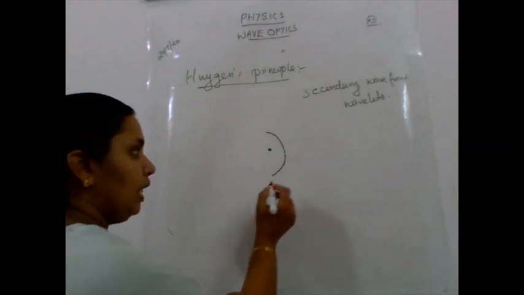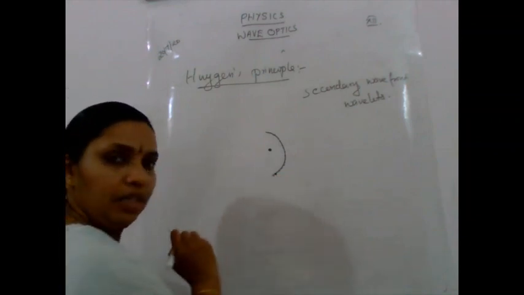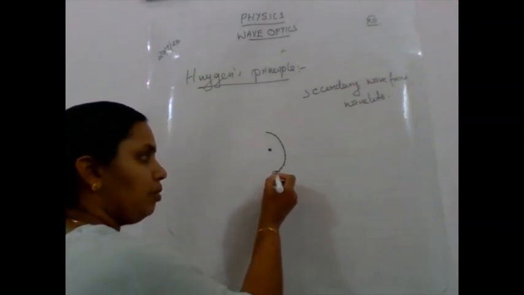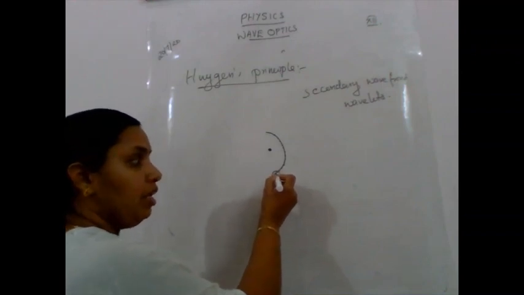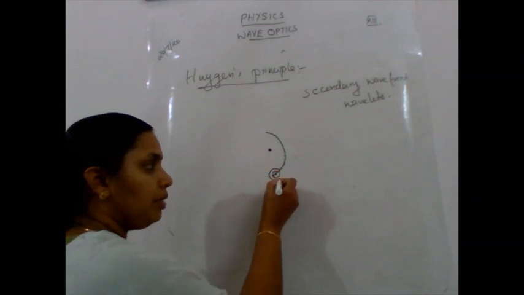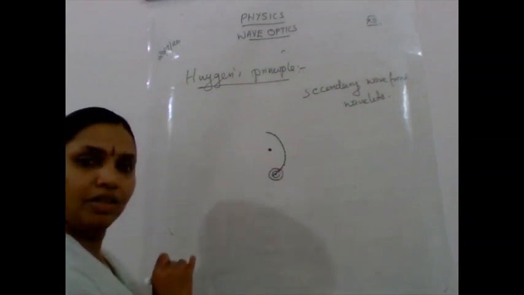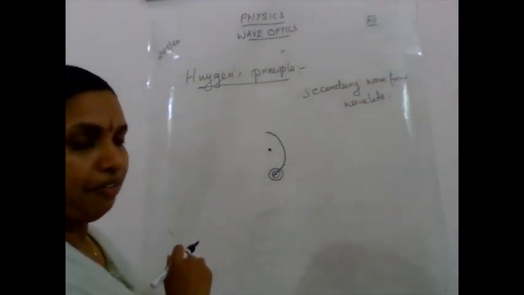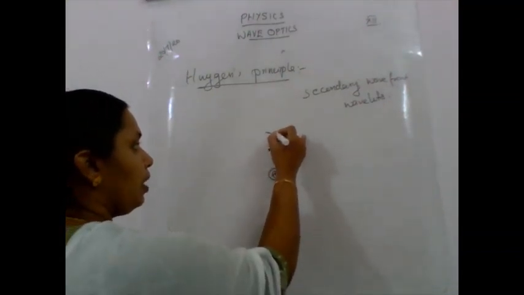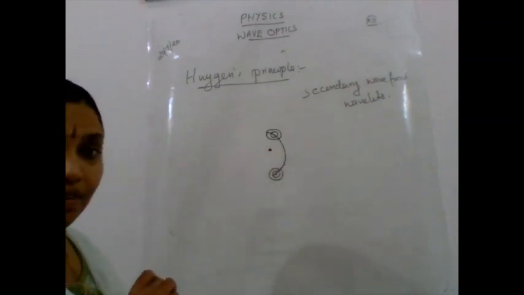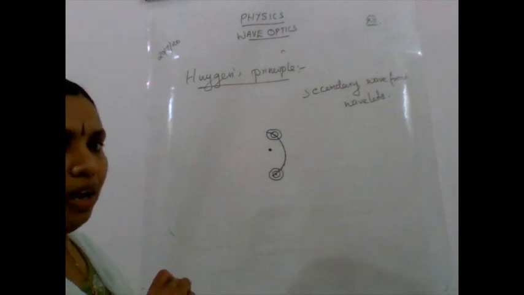So see here, I am considering this point. From this point, the disturbance will come. It can give energy to this point, so that disturbs the medium. So it will provide disturbance and we can join this. The next wavefront is produced. That is the secondary wavefront. Or consider this point here, that will be a source of the next wavefront. That is the wavelets. It is known as the wavelets.